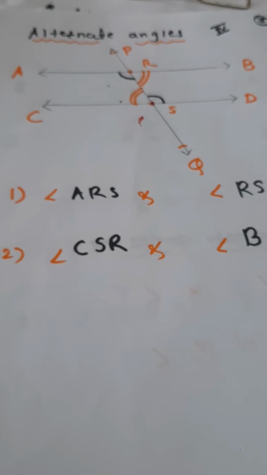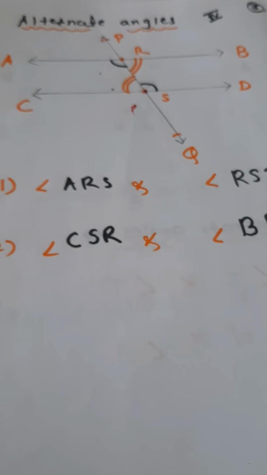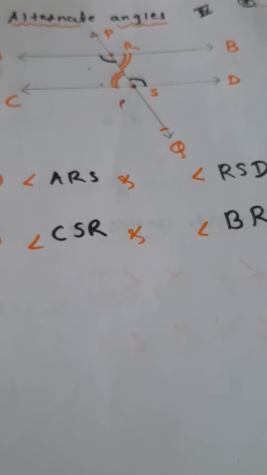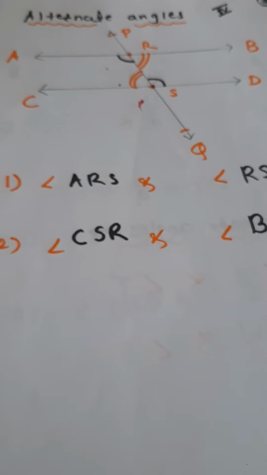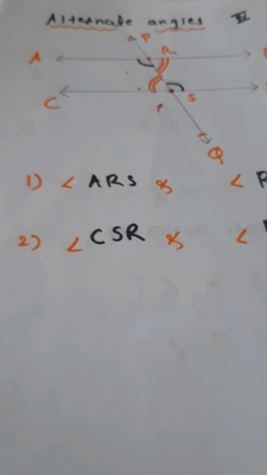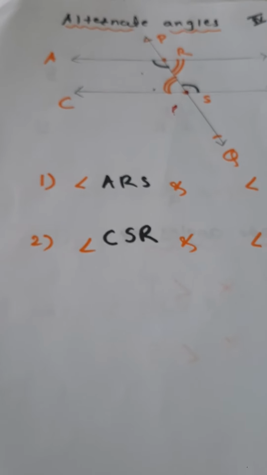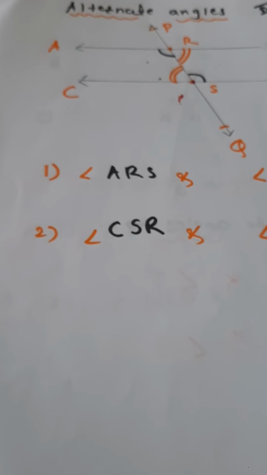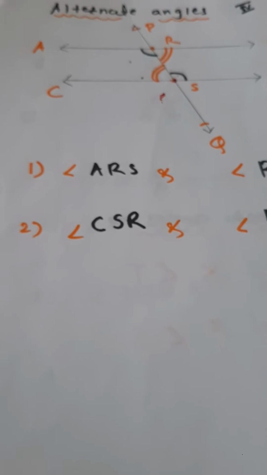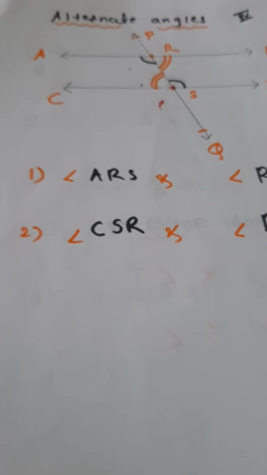So now which are the properties of these angles? First property is that corresponding angles are congruent. Congruent means what? Their measurement is same, equal. Then alternate angles are also congruent. And what is the property for interior angles? Interior angles are supplementary angles. Now what is meant by supplementary? Addition of the two angles is 180. That means supplementary angles. Got it? I think so it is clear, all 3 types of angles made by transversal and their properties.